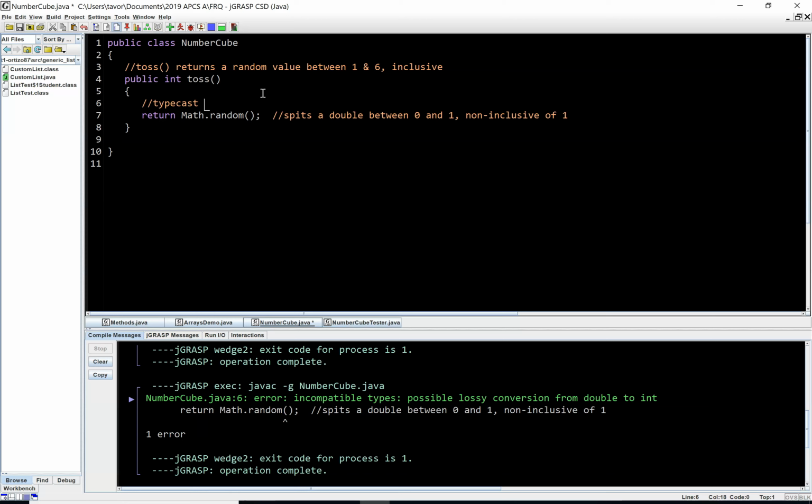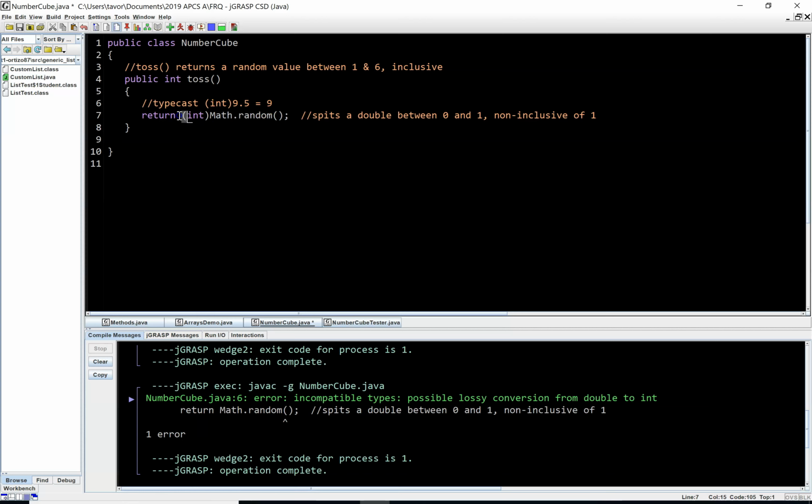Recall that if we typecast something like 9.5, which you can treat as a double, a numeric value that has a decimal value, typecasting it would be done by putting int within parentheses in front, like that. You're not multiplying it by an int, you're just typecasting it. So the output of this would be 9. Because when you typecast a double, it just basically ignores anything after the decimal and gives you back an integer. And so right here, if I typecast math.random,